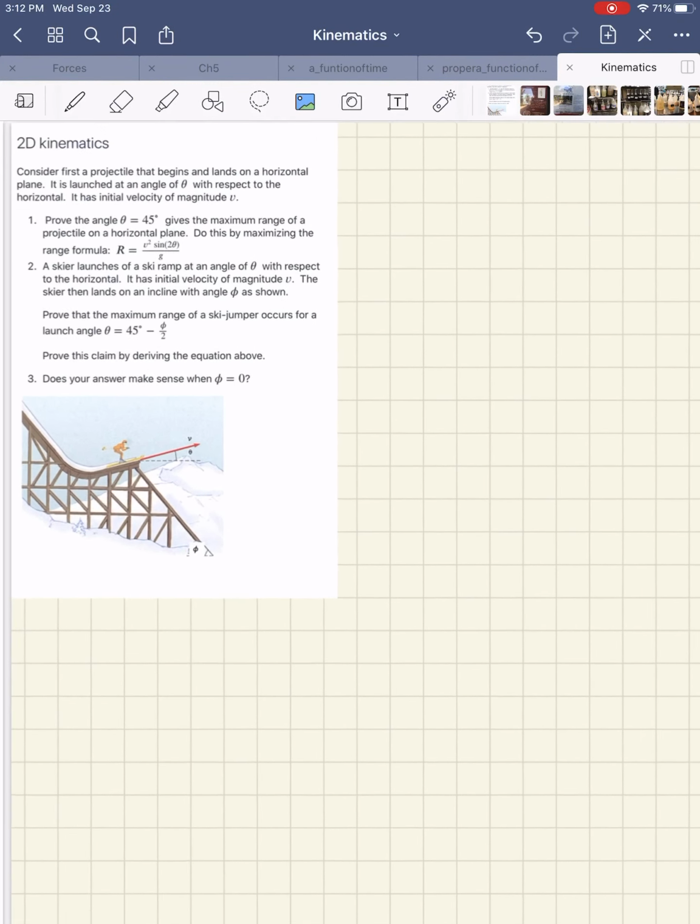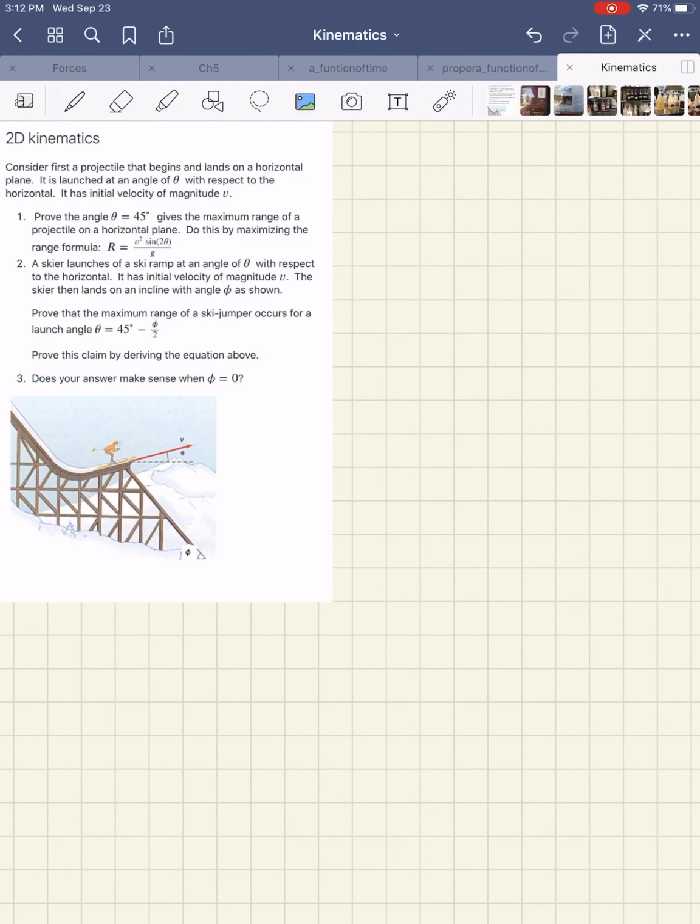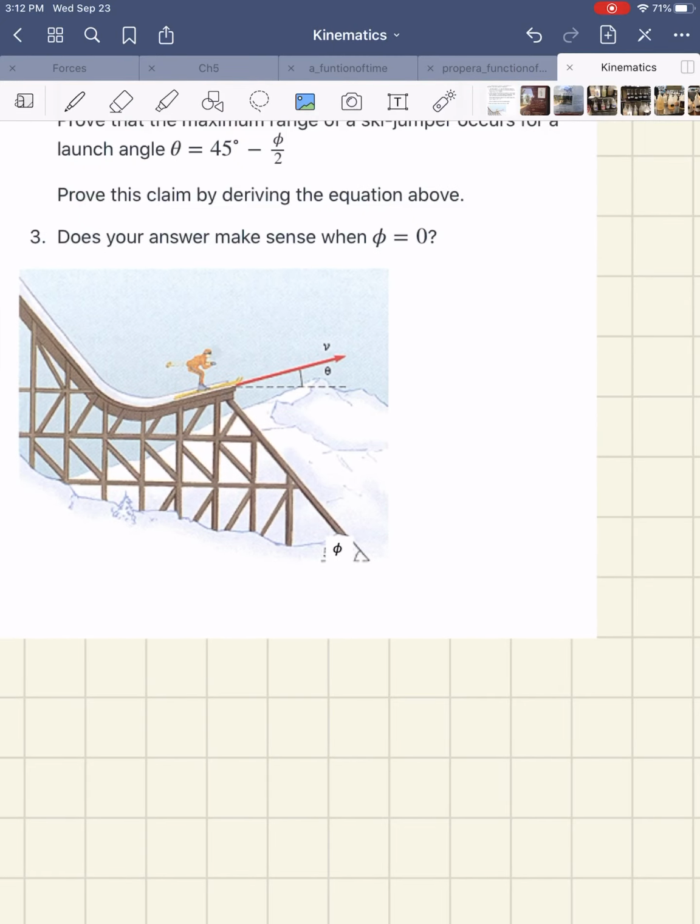Hello there, I'm going to work this two-dimensional projectile motion kinematics problem. It's kind of a spin-off from the homework problem that we have where you're considering a skier that's launched off of the top of a ski ramp at this angle of theta. V here representing the initial velocity, so I'm going to go ahead and give it the notation I like, which is V naught. And it lands at some time later on this ramp, which I'm just going to extend